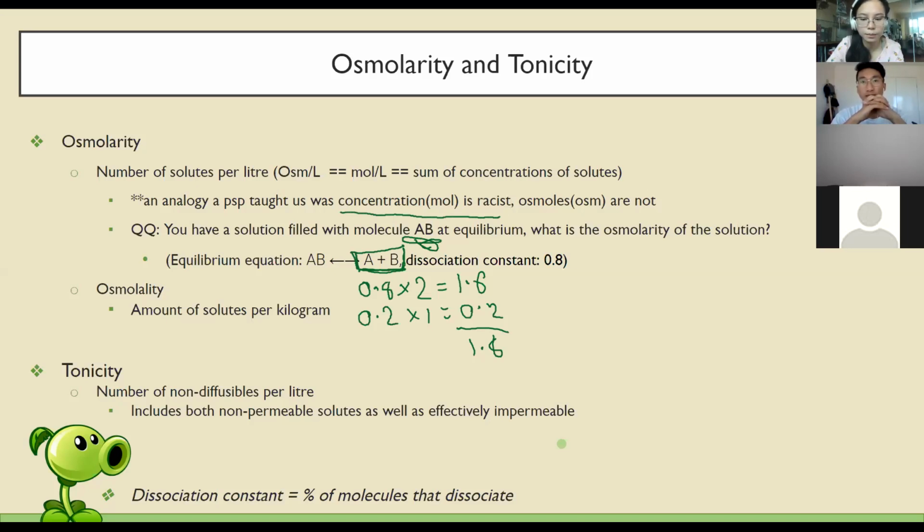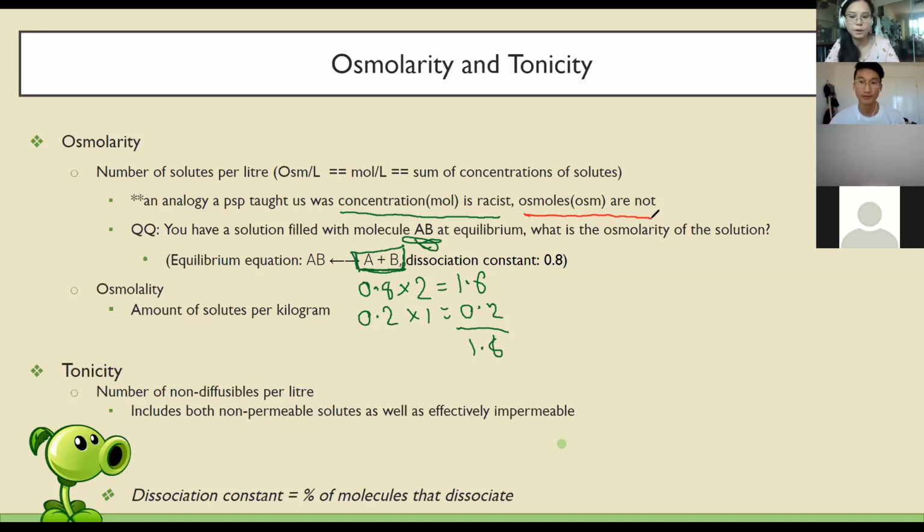Another thing to add to that is a good way to remember: when you talk about concentration, you are talking about molar, whereas osmoles, you can think of it this way: osmoles are moles, but they're everything, because they have the same word inside them. So those are a discrete amount as opposed to relying on the volume. Does that answer your question?